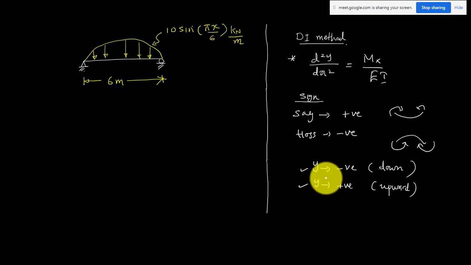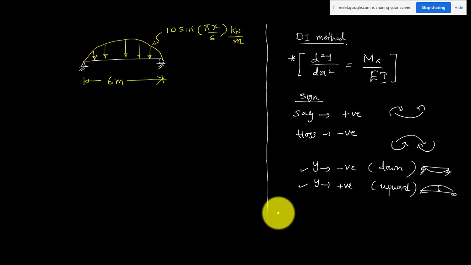If you solve the differential equation as per this sign convention and your equation is of this form, in this equation there is no negative sign. So minus M is not there, only M by EI is there. If you follow this equation along with this sign convention and solve it with the help of boundary conditions, if you get a negative value for y, that means your deflection is in the downward direction. The deflection may be like this. And if you get a positive value, the deflection will be in the opposite direction, an upward deflection.